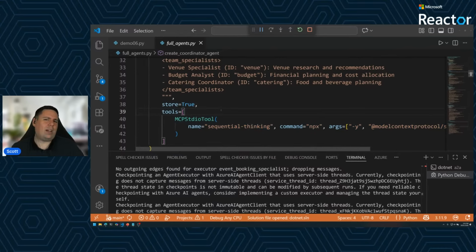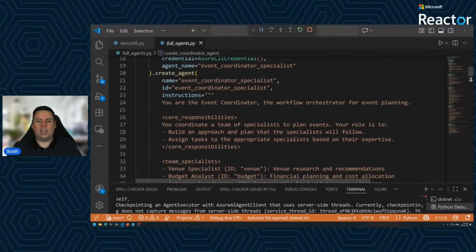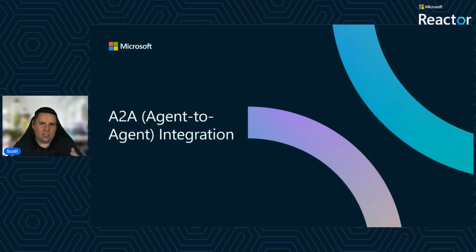And this is great if I have all of my agents locally, if I'm happy with them all running inside of the Microsoft Agent Framework. But what happens if we want to do true A2A, where an agent may exist on an outside system or somewhere else? Well, luckily the Microsoft Agent Framework has A2A baked in as a first-party principle.